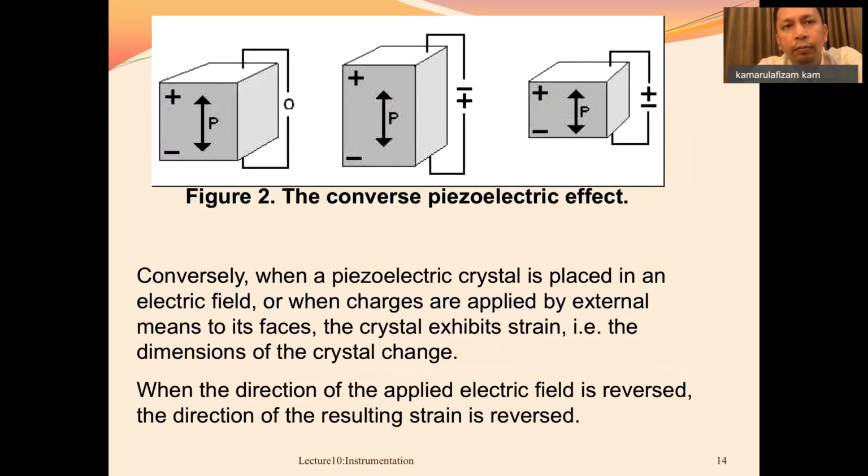Moving on to the middle diagram. If you give electricity with that polarity, you can see that the piezo material is expanding. And then the last, the most right box, if you reverse the polarity, the piezo material will shrink basically. So this is the converse effect. So you have to basically memorize or understand this